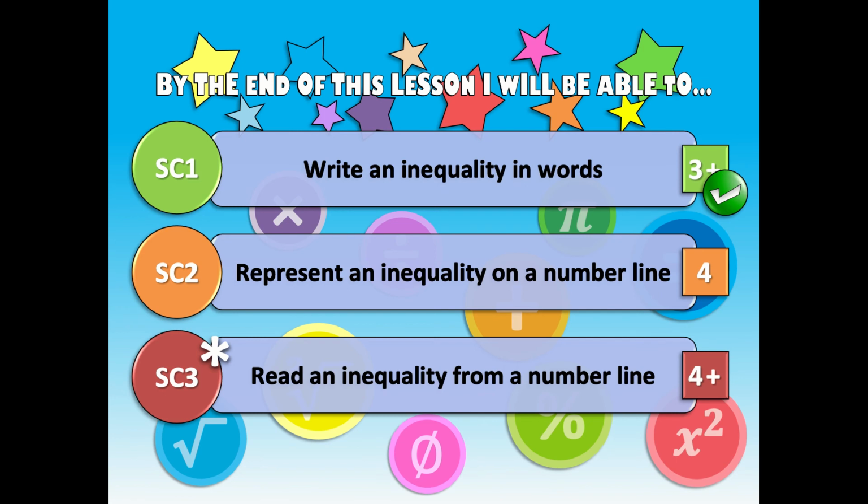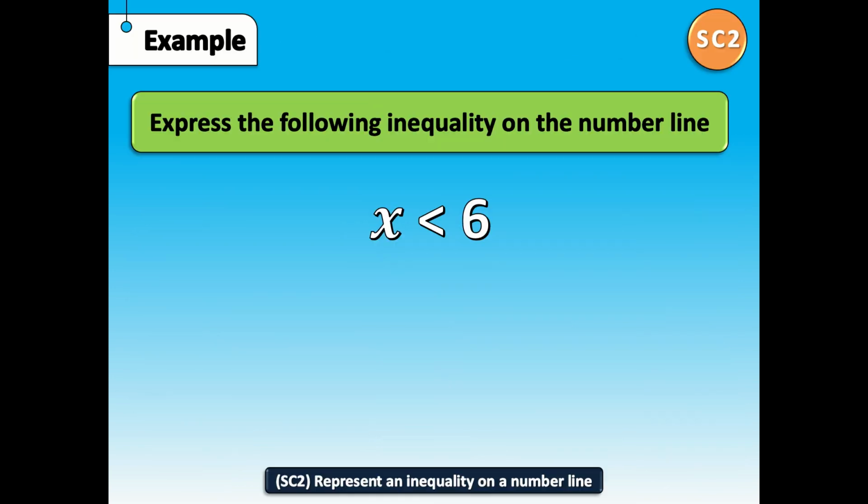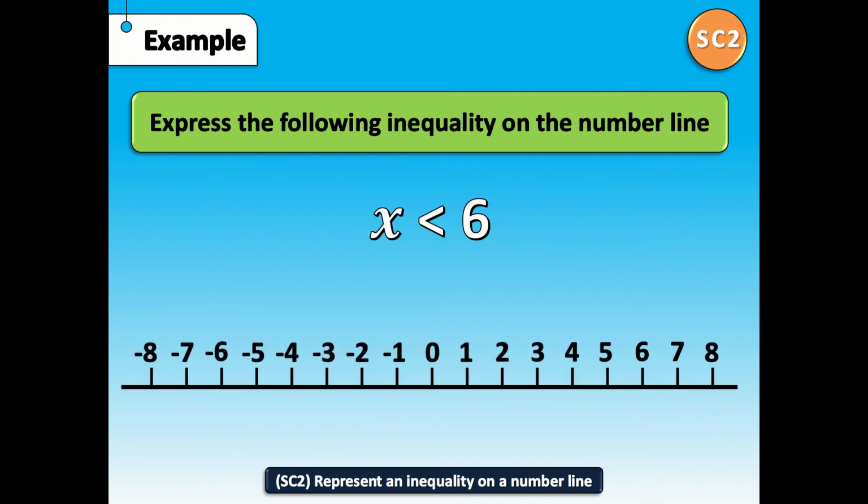So now we're going to move on to number 2, and this is to represent an inequality on a number line. So we want to express the following inequality on a number line, and we've got x is less than 6. So here's our number line,